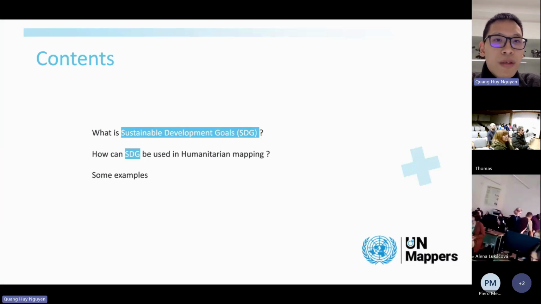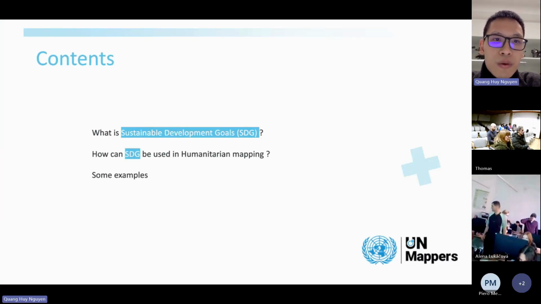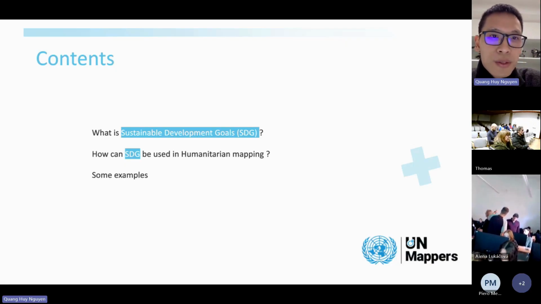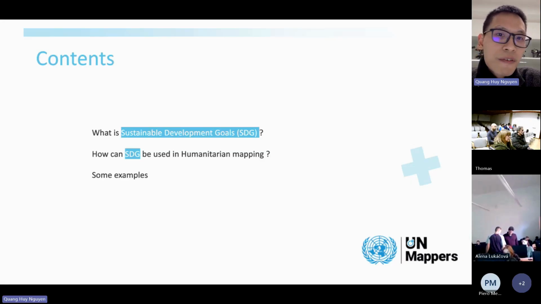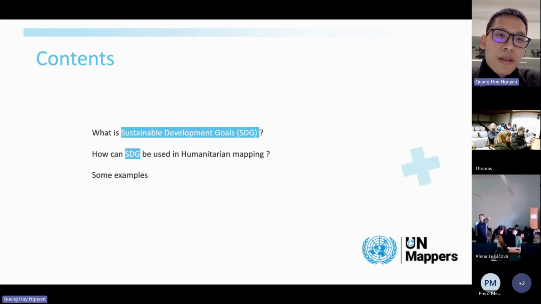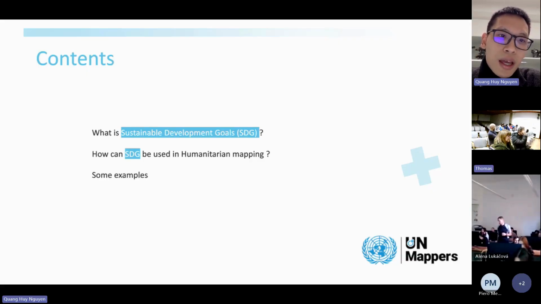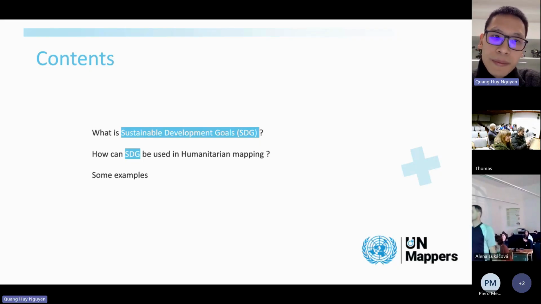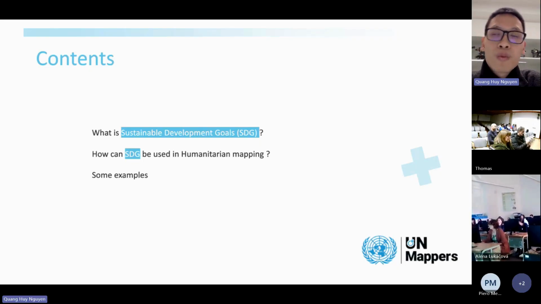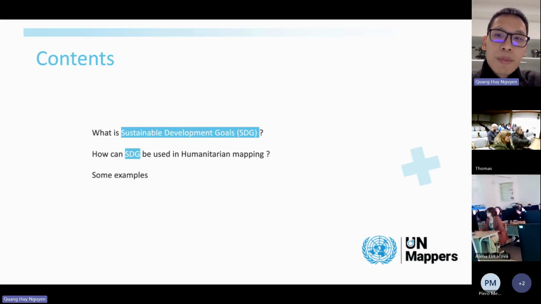We have three main parts we will go through. The first part is about the definition and also the elements inside the SDG. The second part, we will go through how SDG can be used in humanitarian mapping, and the third one, we will see some examples.